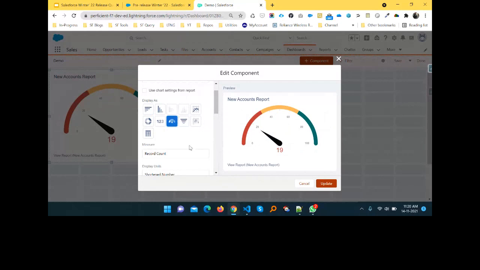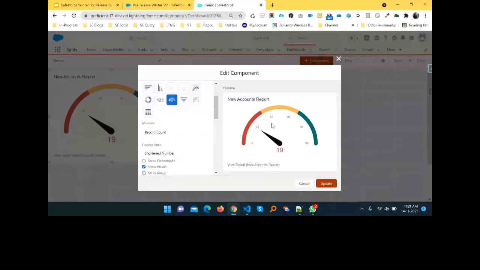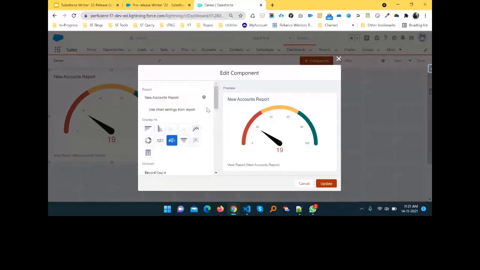Now you cannot see any button here like Dynamic, so maybe in upcoming releases it will show here. But still you cannot see this one. Once you click this dynamic behavior, you can change your dashboard based on your requirement, like how many records you want to show in a single dashboard, or some dynamic behavior related to this dashboard.